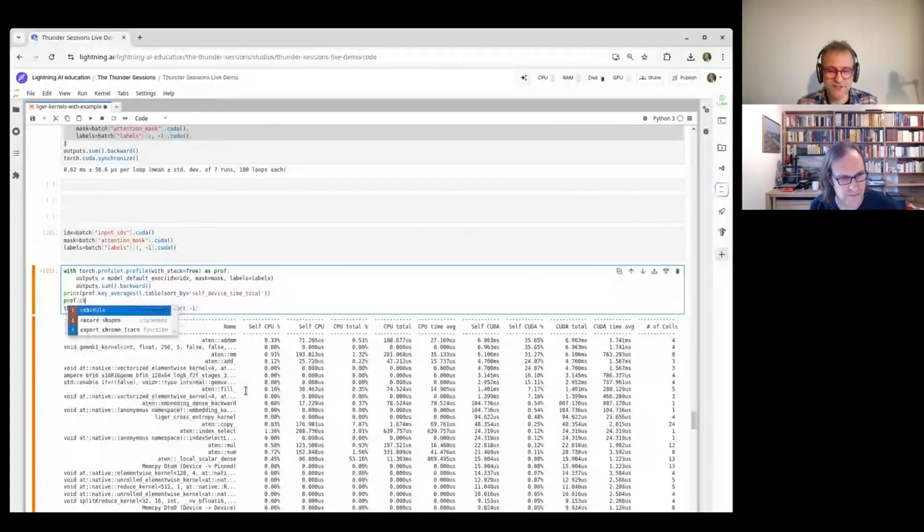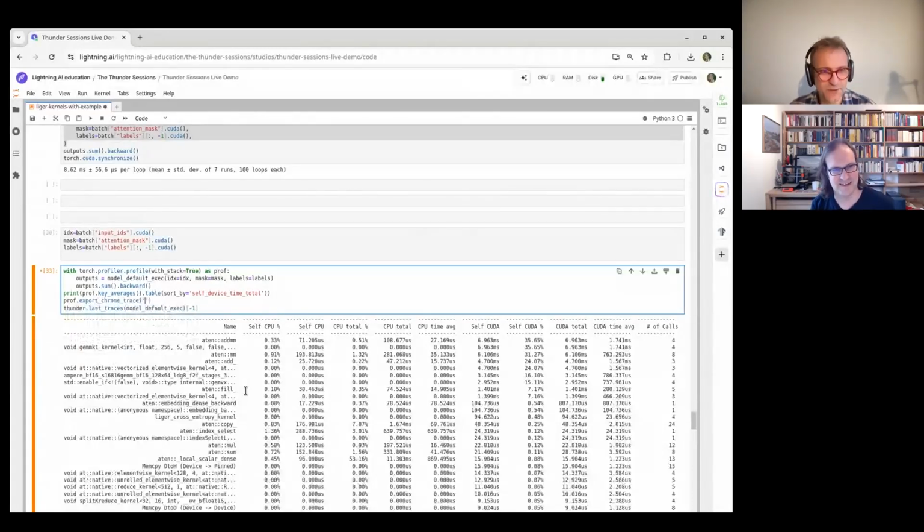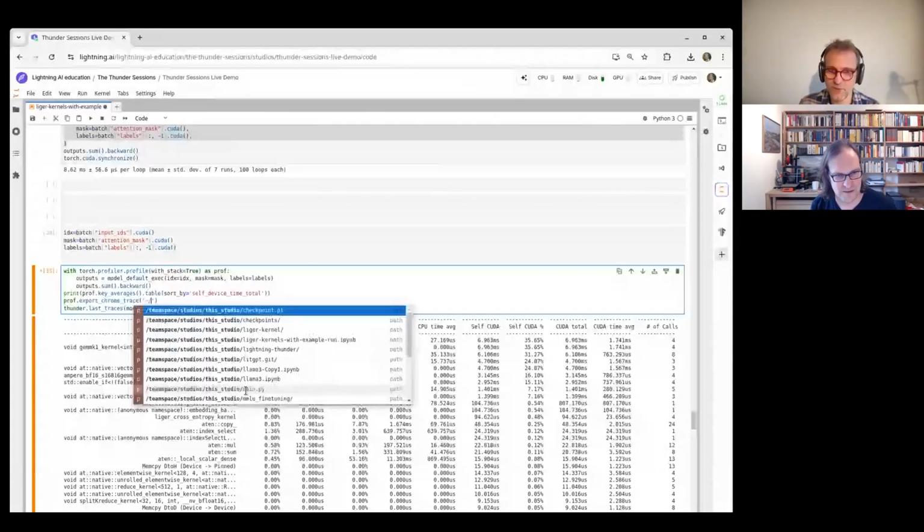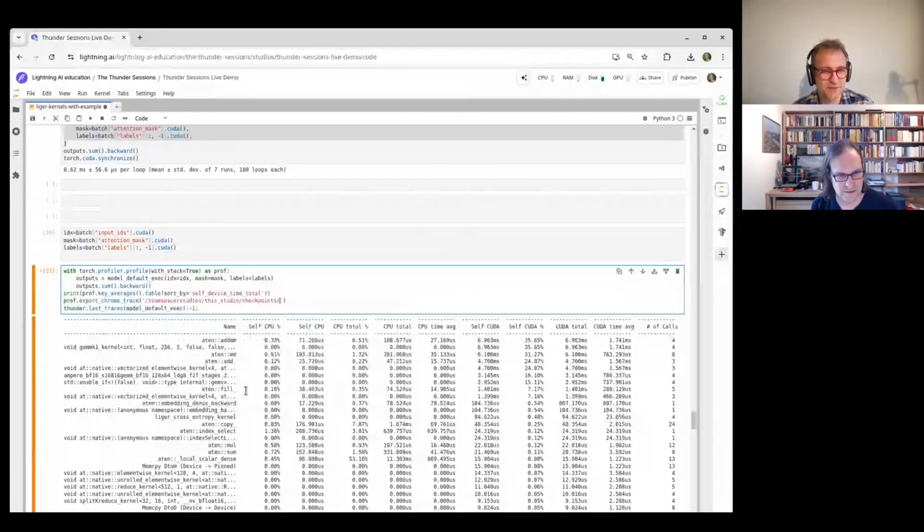There's some aliasing of terminology here: the trace of the profiler is the trace that goes into something we can visualize, whereas the trace for us is what we know very well from several episodes. So the Chrome trace, because the Chrome browser can be used to visualize the execution, as we will see in a second. So I will call this timeline with